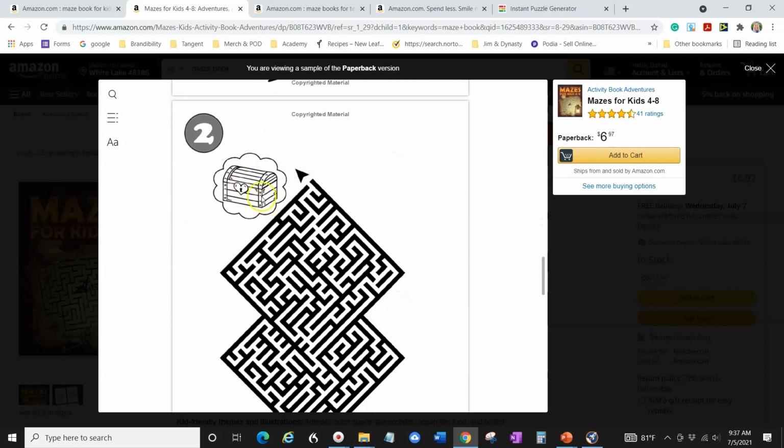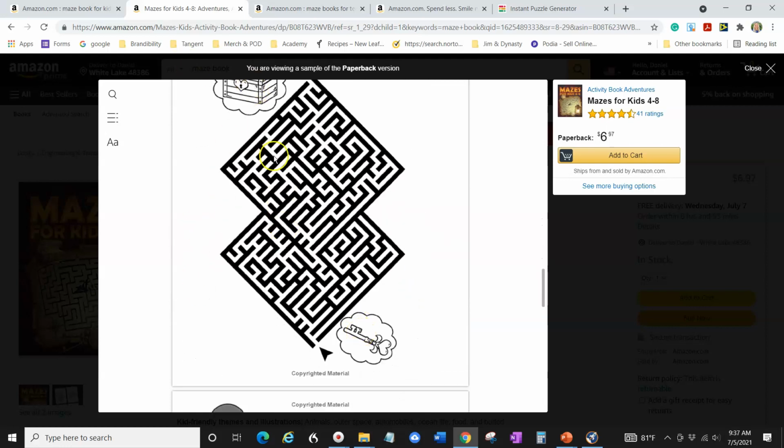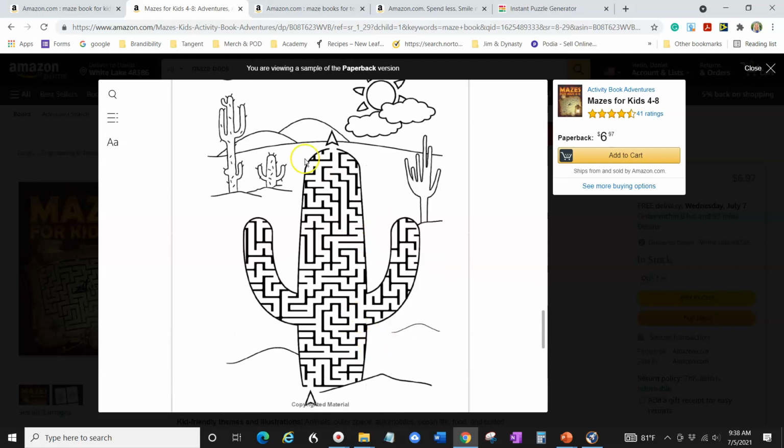So they have searching for treasure, find the treasure, find the key. Here's one shaped as a cactus. So it's adventures around the world. And I love this idea. You can do mazes for maybe around the world travel, or travel through a specific country. Like, I've always used the example of traveling to Paris.